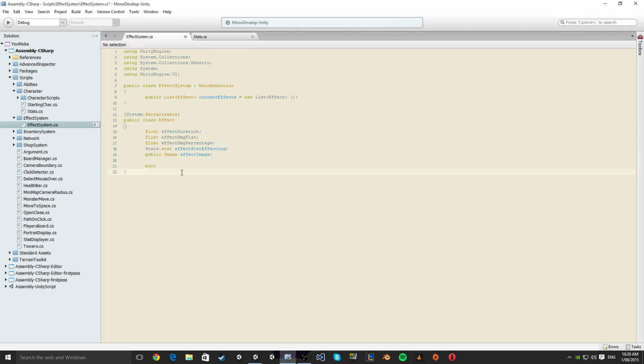Except for the effect image. We don't care if you change the effect image. If you hack into the game and change the effect image, you can do that. Who cares? So we're going to say a few booleans here, which is basically just